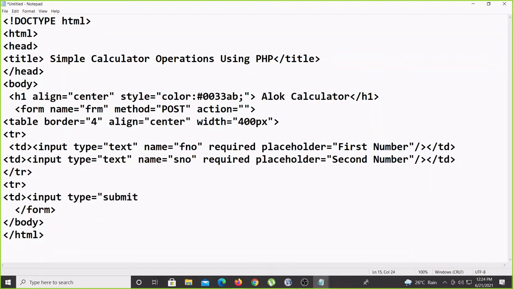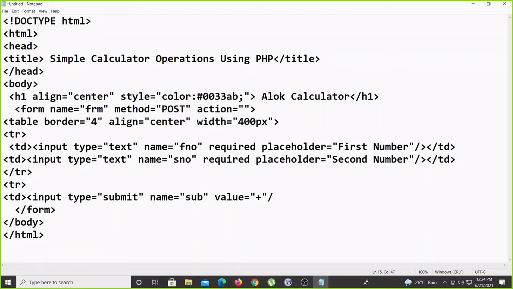All buttons will work as submit only. So input type equal to submit, and name equal to sub, anything. And value, the first submit button will display the plus symbol. So this is the first td we took.